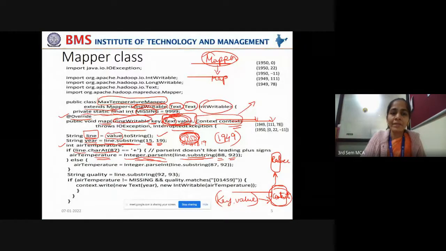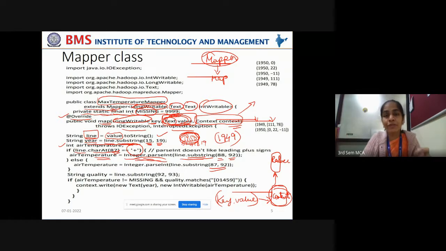Else, meaning if the encountered character at the 87th location is not plus, then you have to capture the temperature right from the 87th location itself. Because if it is a positive air temperature, you need not indicate the sign. But if it is a negative air temperature, the sign plays an important role.